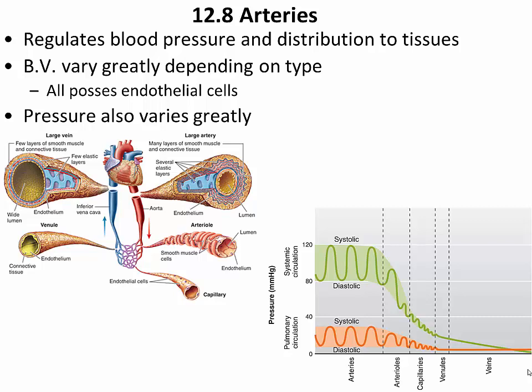In section 12.8, we begin our discussion of blood vessels. We see the different types of blood vessels and their variations in anatomy depicted here on the left-hand side of our screen. What we immediately notice is that the arteries have thicker walls composed of connective tissue, smooth muscle tissue, a number of layers of elastic tissue, and veins have somewhat thinner walls, and then we progress to thinner and thinner walls as we go from venules, which we'll talk about soon, to arterioles, and then all the way down